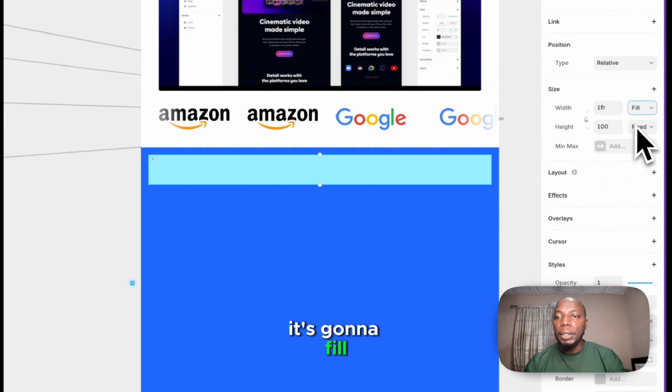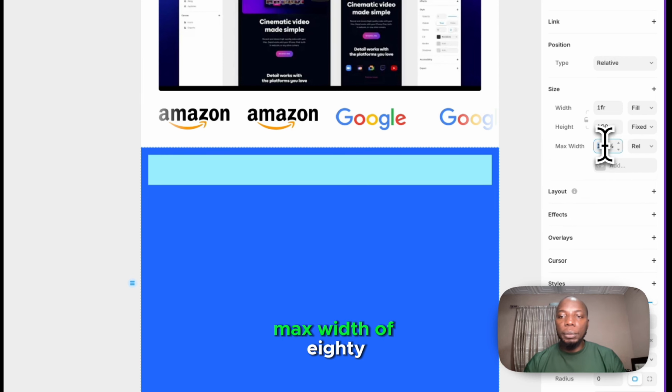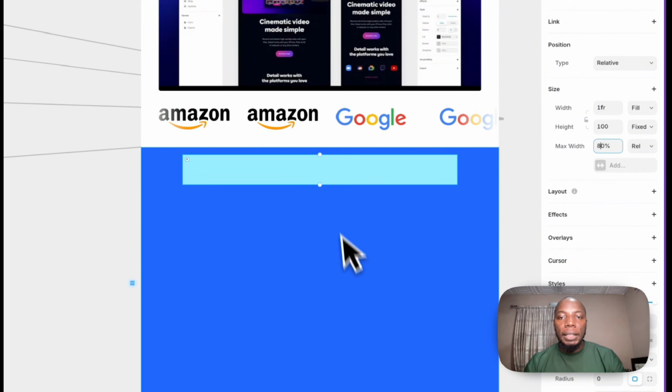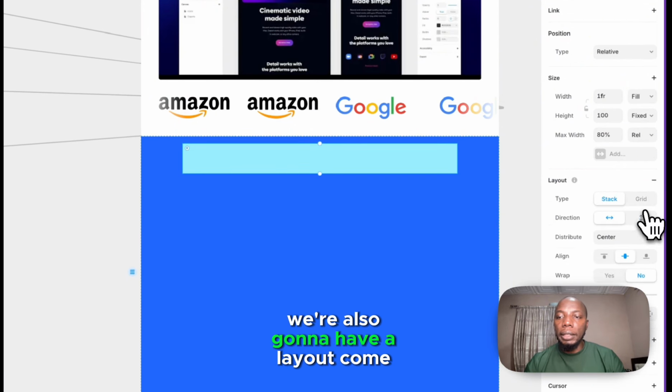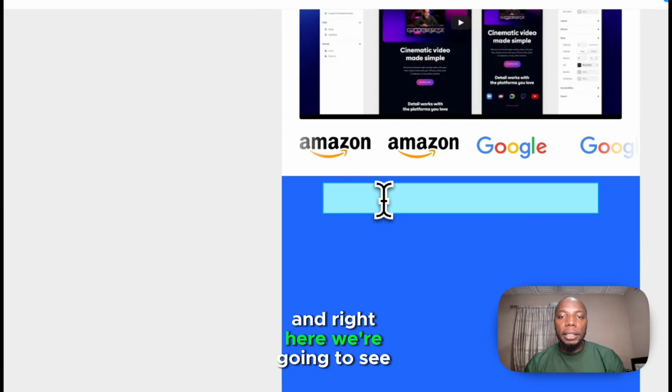It's going to fill, but we're going to have a max width of 80, so that everything is in there. So for the layout, we're also going to have our layout come from top to bottom, and right here we're going to say benefits,